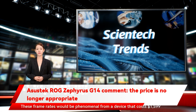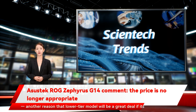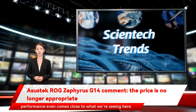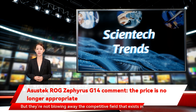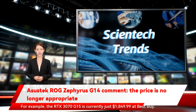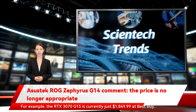These frame rates would be phenomenal from a device that costs $1,599. Another reason that lower tier model will be a great deal if its performance even comes close to what we're seeing here, but they're not blowing away the competitive field that exists in $2,499 land. For example, the RTX 3070 G15 is currently just